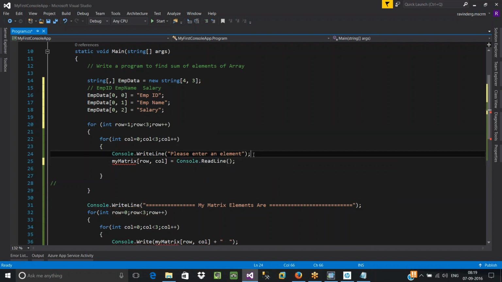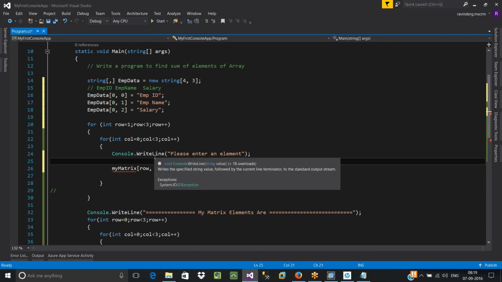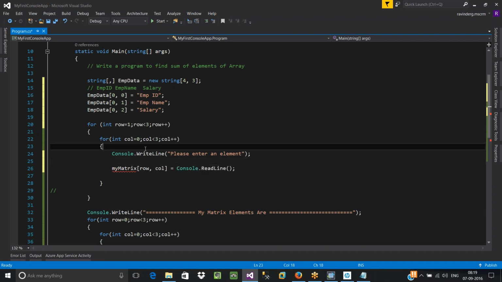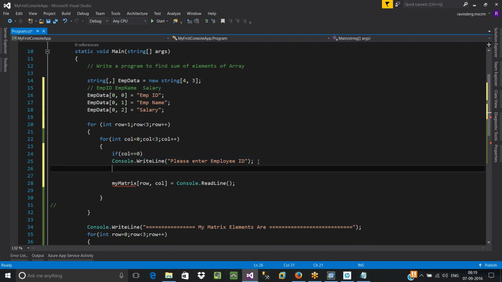You need to change this. Please enter, if column is equal to 0, please enter employee ID, because the message should also be changed.